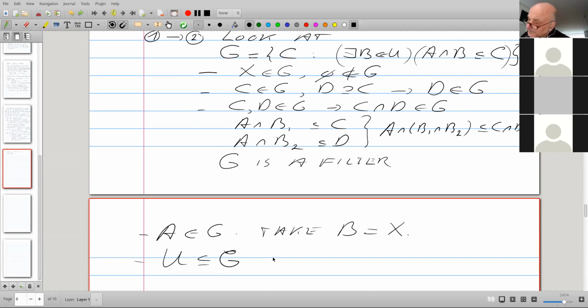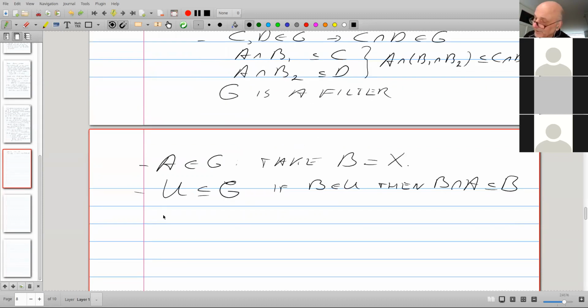Why is that? Well, the same thing. If I take a member of U, then it meets this criterion. If C is a member of U, we take for the B, C itself, and we get what we want. Ah, U is ultra.